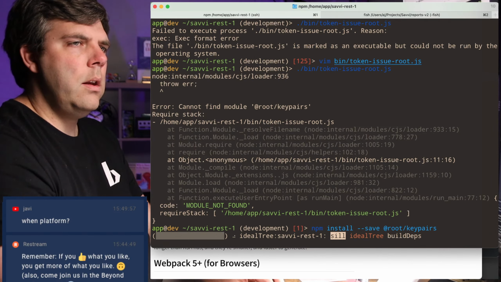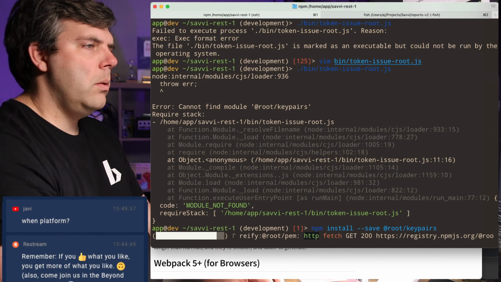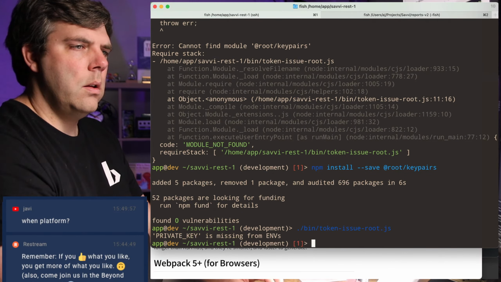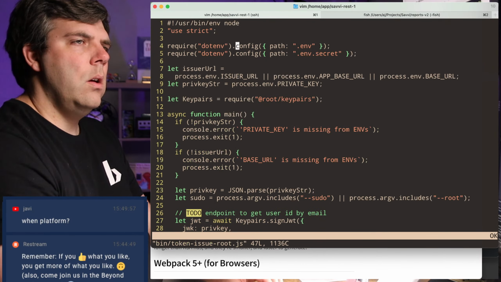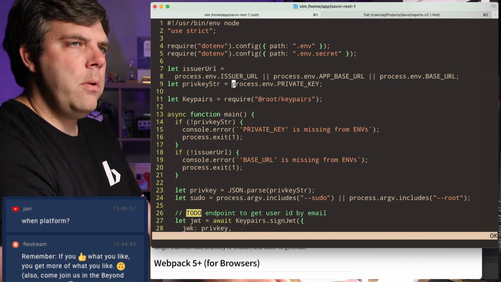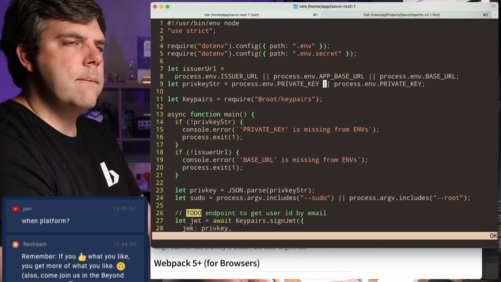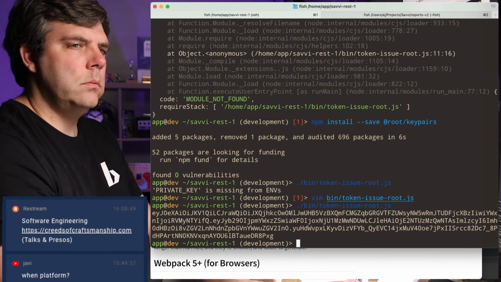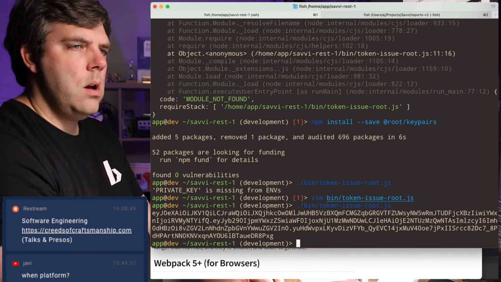Could have sworn I already had that in here. Private key. All right, we're going to look for app private key. All right, there we go.